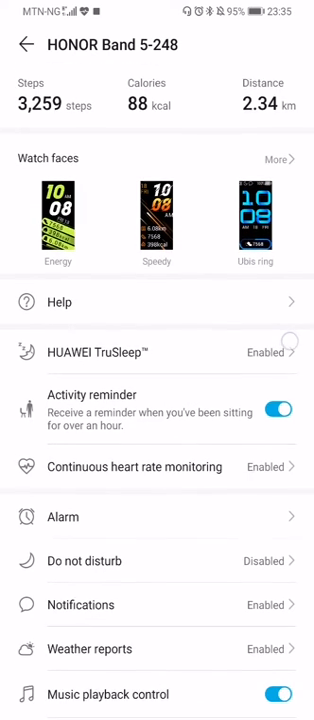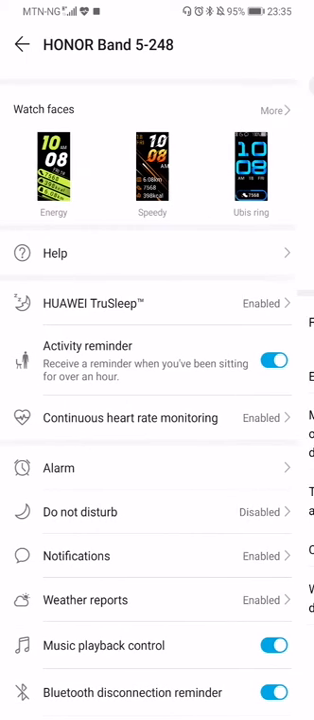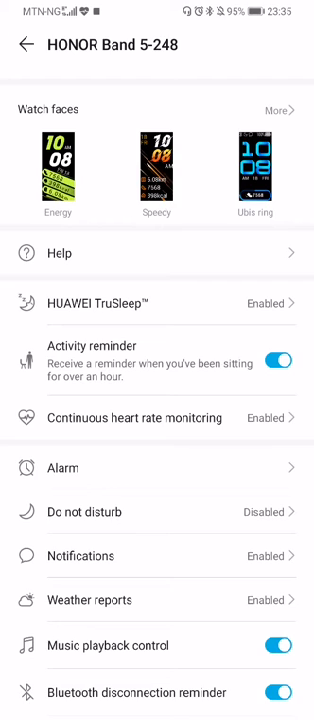Then you have help. That's where, if you are having trouble with the band or your watch, you can troubleshoot and get to know what you're supposed to do. Then this is the Huawei TrueSleep. For you to record your sleep, you need to enable it. So if you tap on it here, you can see